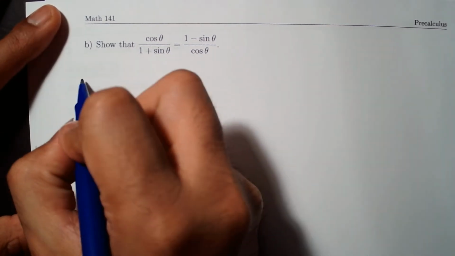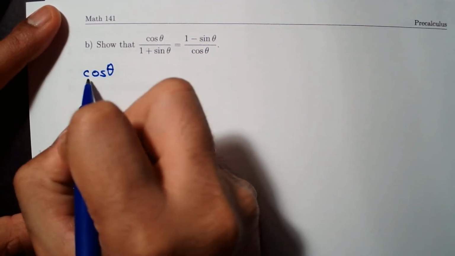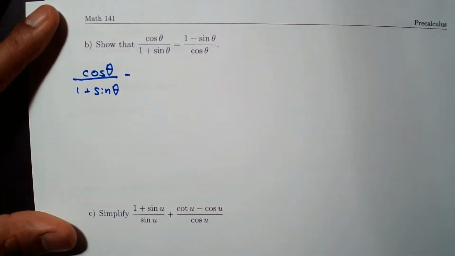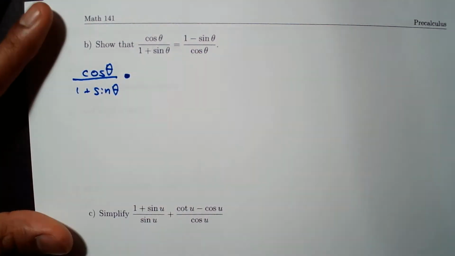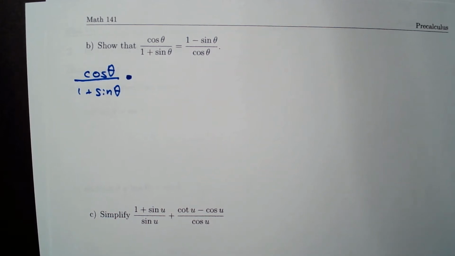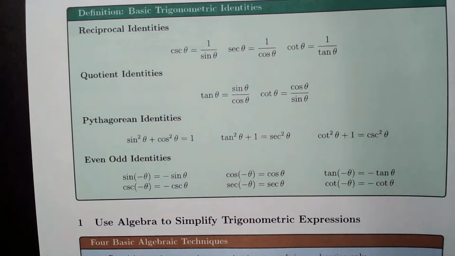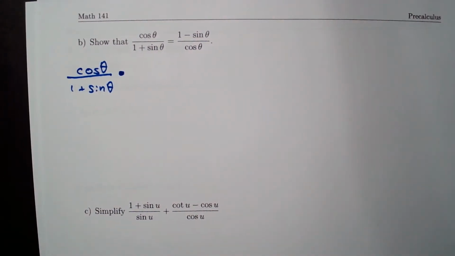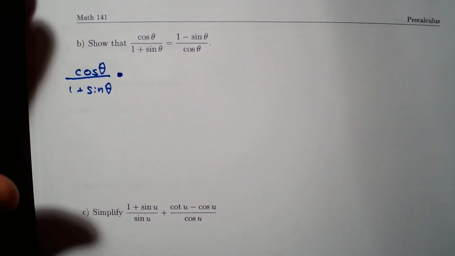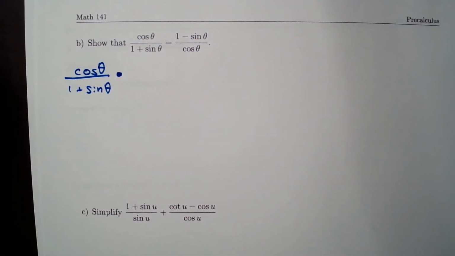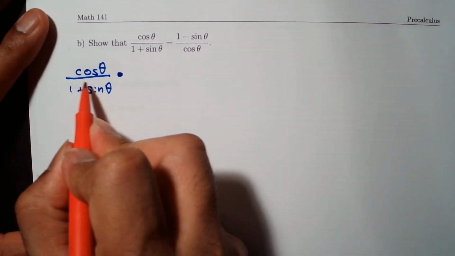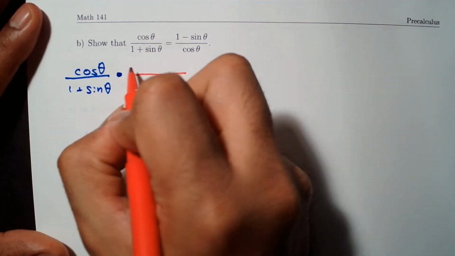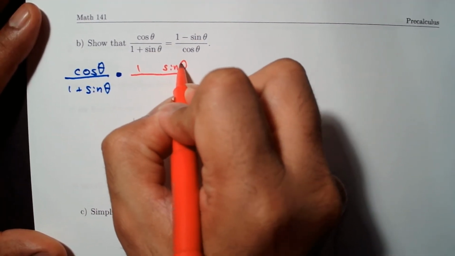So I'm going to rewrite cosine theta over 1 plus sine theta. Okay, so what am I going to do here in this case? Well, here is where multiplying by a 1 comes in. Multiply the numerator and the denominator by the conjugate. Well, this is where this technique is going to come into play. So what do we mean by a trigonometric conjugate? In this case, the trigonometric conjugate of the quantity in the denominator, 1 plus sine theta,